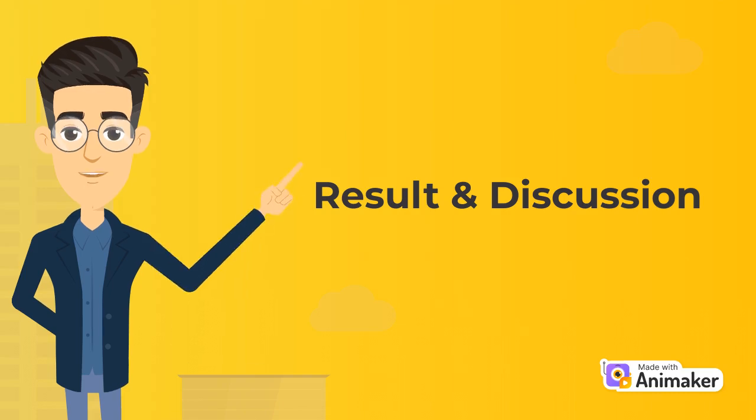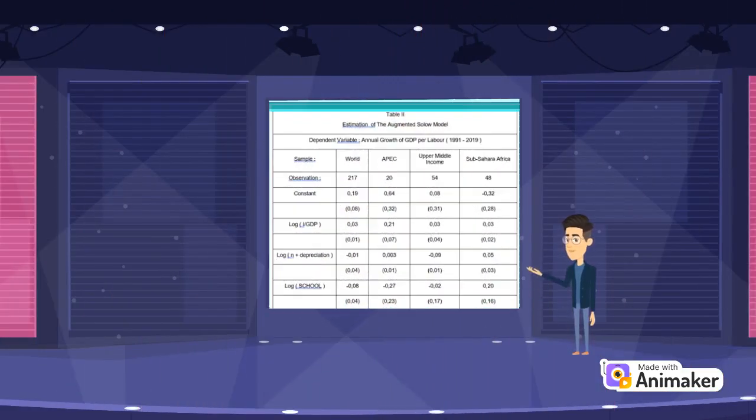update follow the theory. Based on estimation table 2, there are significant measures of human capital observed in APEC, sub-Saharan African, and the world sample, where 2 of them are significantly negative, while the sub-Saharan African sample is significantly positive. The upper middle income sample also shows no significant negative results for human capital. The results of investment and population growth were significant for all samples, except for upper middle income. The final observation, log labor growth plus depreciation, shows insignificant results except for upper middle income and sub-Saharan African.